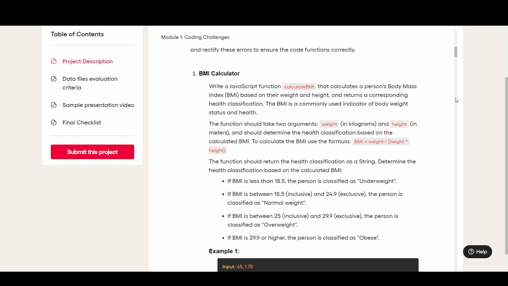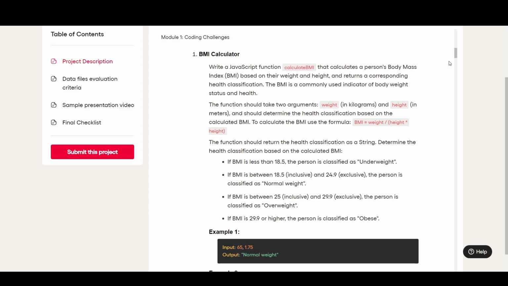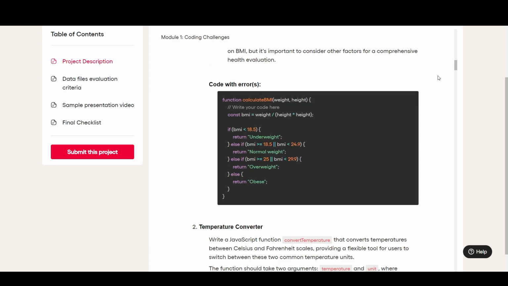From the Module 1 coding challenges, the first question is the code correction of the BMI calculator. A BMI calculator has a simple formula which consists of a weight and a height. Weight is divided by height into height. The code had a function calculateBMI with weight and height as parameters, and there was a